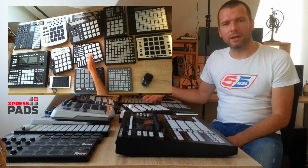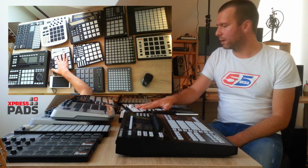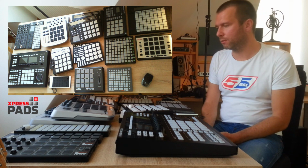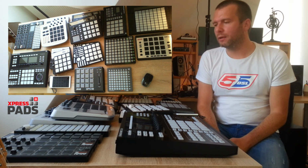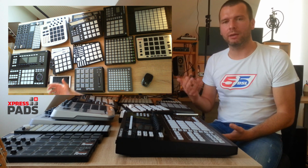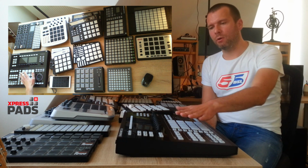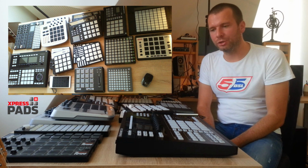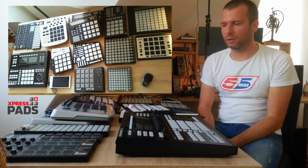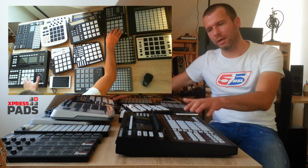And then price really matters again, because with 150 euros or 120 or 150 here, and there, the new one, as I said, about 200 something. I think it's okay to buy two and thereby double the amount of kit pieces you can play finger drumming with, which makes it a bit different if you go over here to the Maschine Studio or to the AKAI MPC Studio Renaissance, which are probably the biggest competitors of the Maschine Mikro and the Maschine Studio,